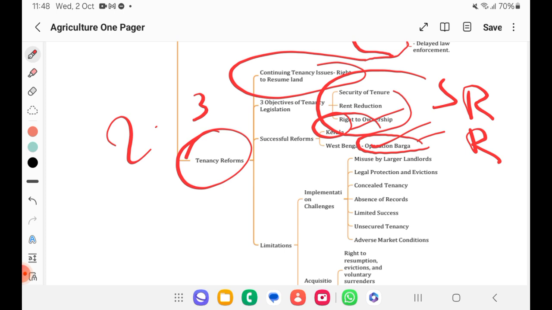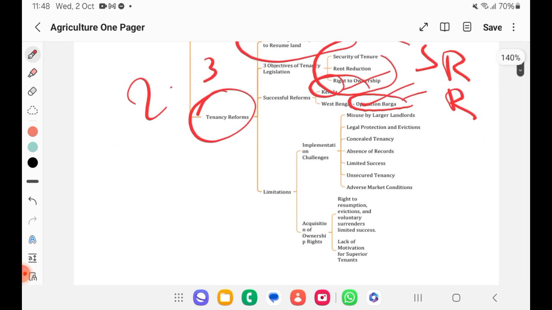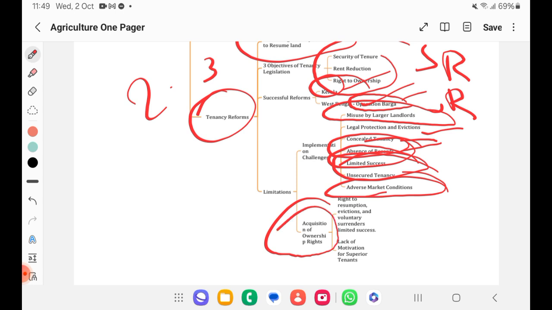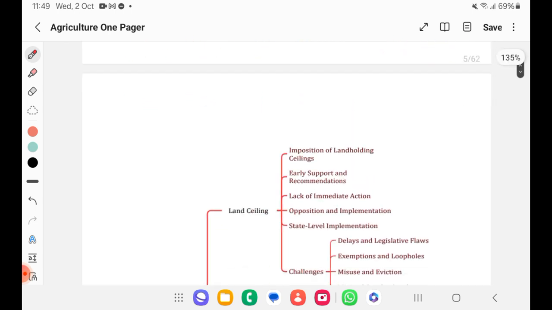Okay. So, but there were implementation challenges also. In cases like misuse by larger landlords, legal protection, evictions, concealed tenancy, absence of records. Main thing is absence of records, limited success, unsecured tenancy, adverse market conditions. So then we have acquisition of land ownership, right to resumption and evictions. These were there. Lack of motivation for superior tenants. So third point was,